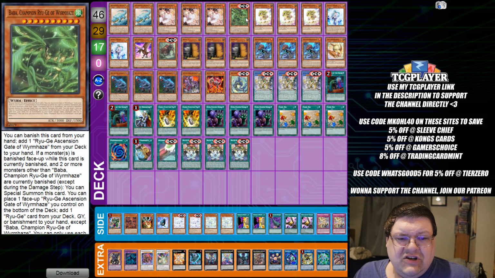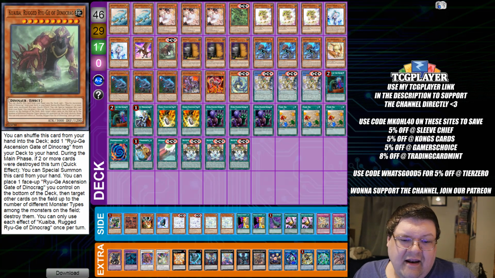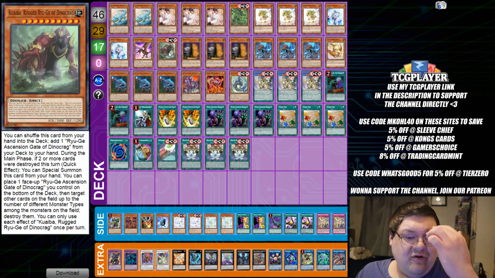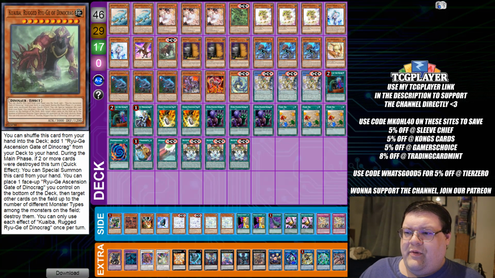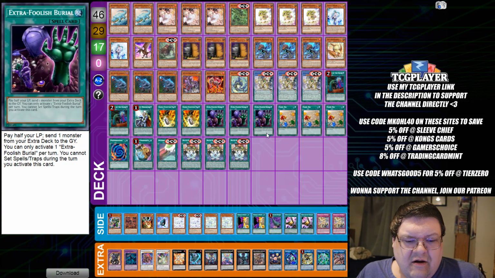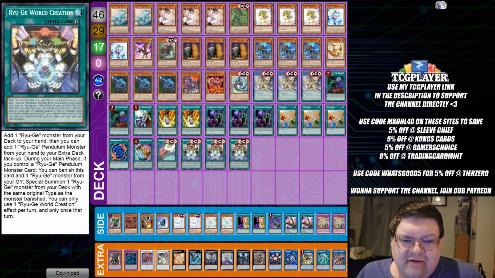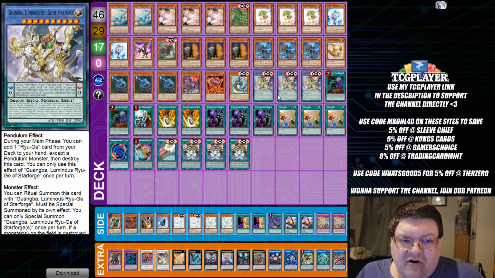We also have our Ryuji build here. Yes, we're down to the one of, and the one of. The whole Ryuji deck build has been really interesting just to see what players are throwing at the wall and what's sticking around out here. I also do see the extra Foolish Burial. Paying half is a little bit rough, but dropping the Herald and then getting into the Star Force here and getting the entire deck started